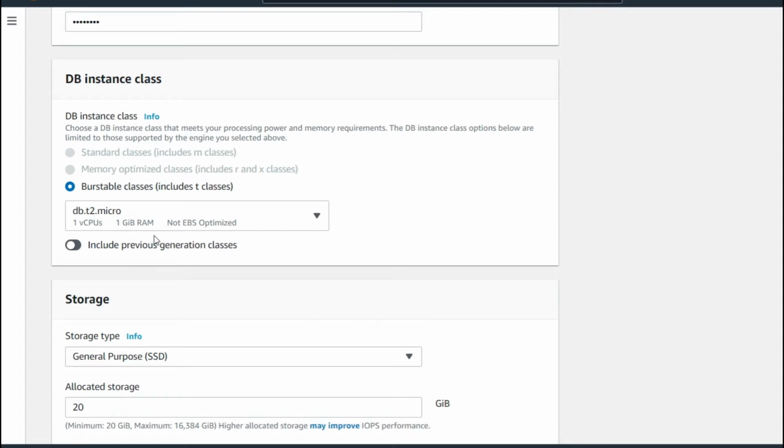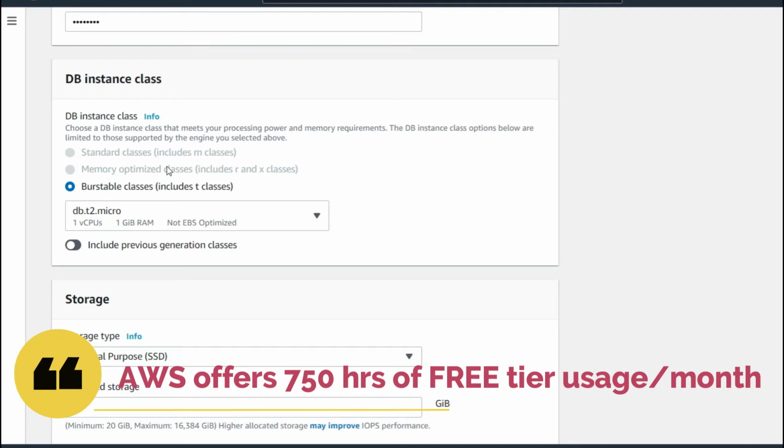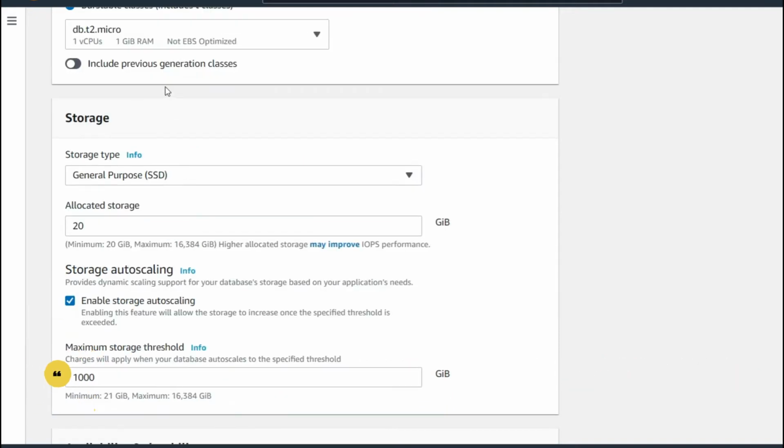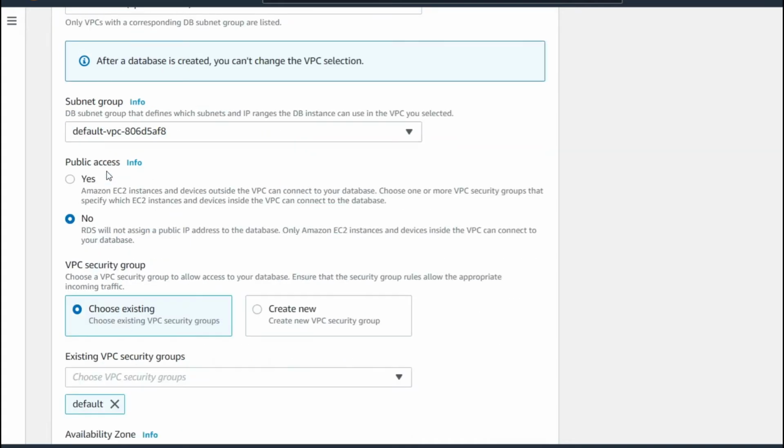And here comes the free t2.micro is free here. Or if you had gone for the M class, which is for production, or R class for dev testing and all, you can do that. And minimum allocation is 20 GB. If you are launching an RDS instance for the first time, you get 750 hours of free tier, which you can use. When you're not using them, you can just stop them. But whenever online, you can use 750 hours of RDS instance for free. Let's disable auto scaling. We do not need it. This will not be exceeding 20 GB.